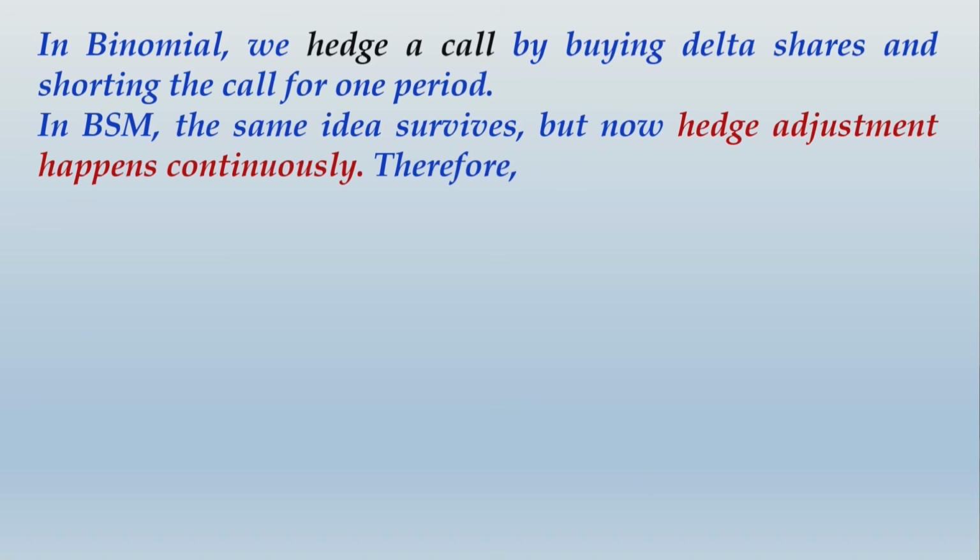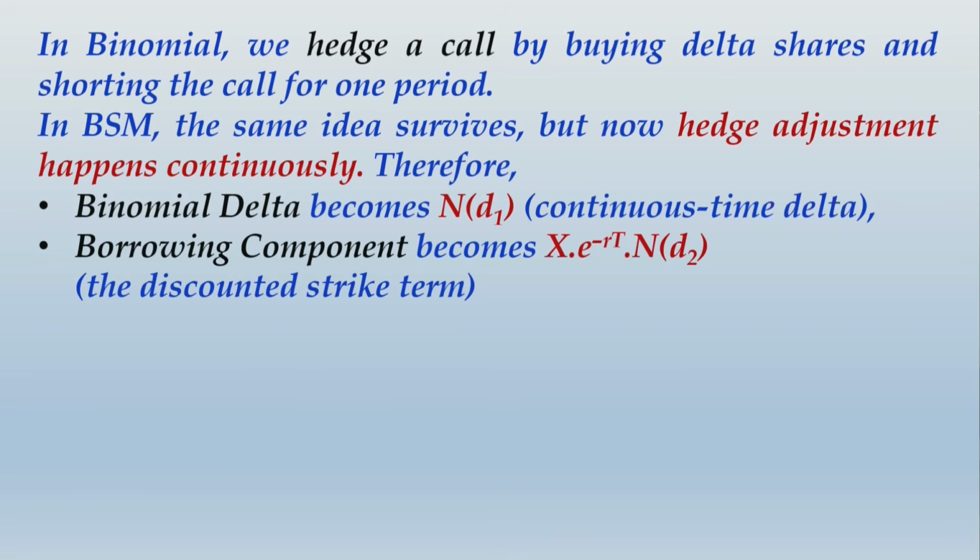In BSM the same idea survives, but now hedge adjustment happens continuously. Therefore binomial delta becomes N of d1, that is the continuous time delta, and the borrowing component becomes X into e raised to minus rT. This is nothing but the continuously compounded risk-free factor, correct? When you borrow at the risk-free rate, to find the present value of exercise price, you will take X into e raised to negative rT. You know this is the present value factor for continuous compounding,